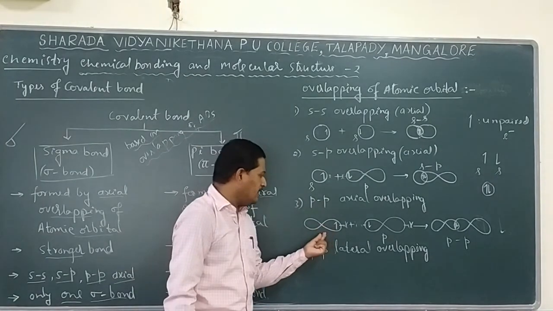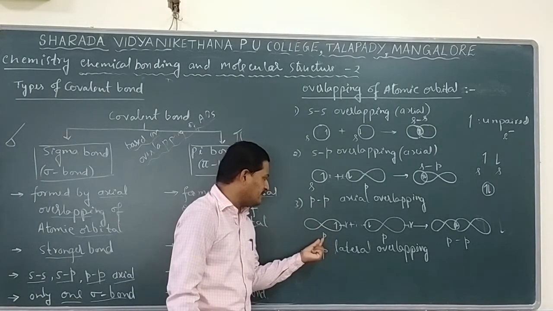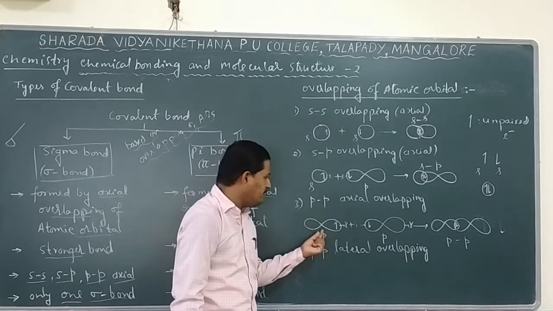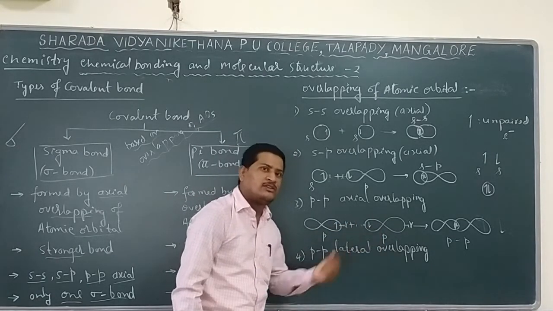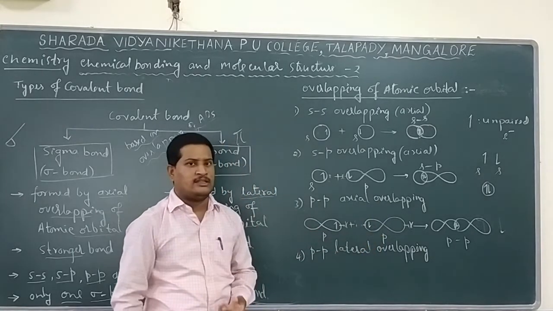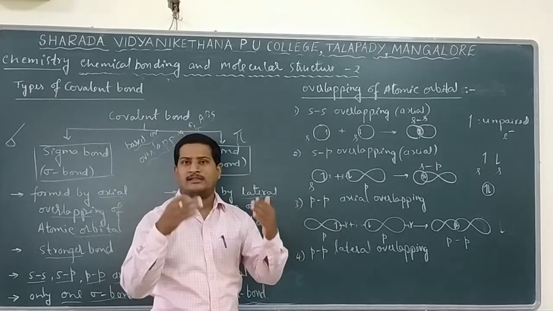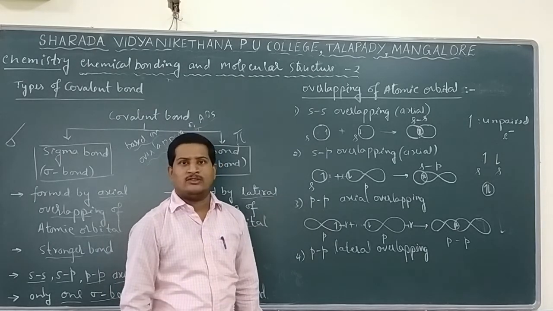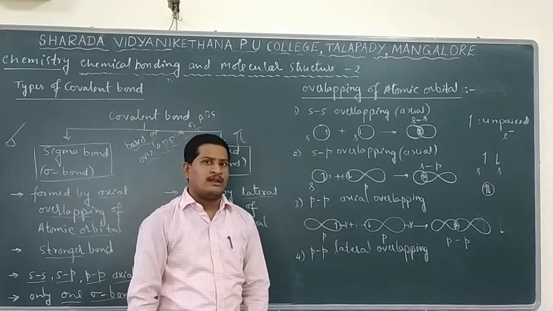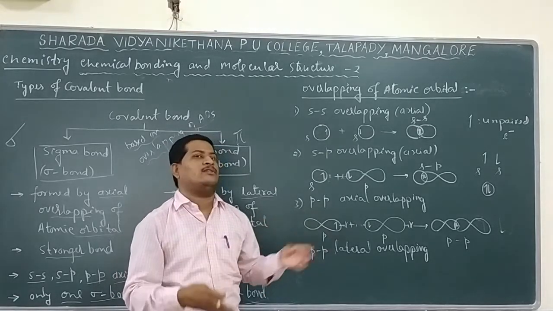So here, if a p orbital is present along the x-axis, it should overlap with a p orbital along the x-axis. Suppose this is a pz orbital, this must be a pz orbital. Suppose it is a py orbital, it must be a py orbital. That means same-axis orbitals are necessary for overlap, since px, py, pz are perpendicular to each other and the same axis is needed for axial